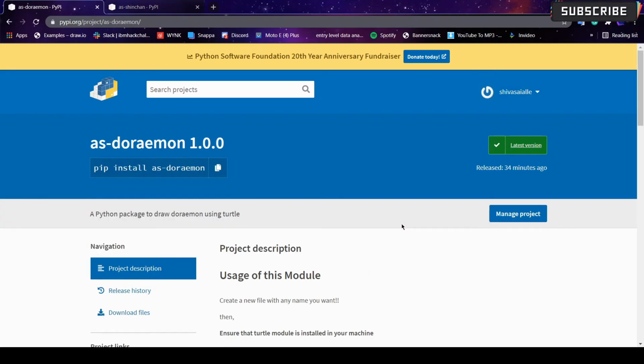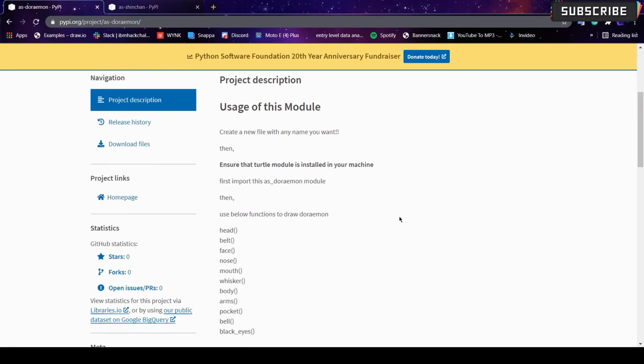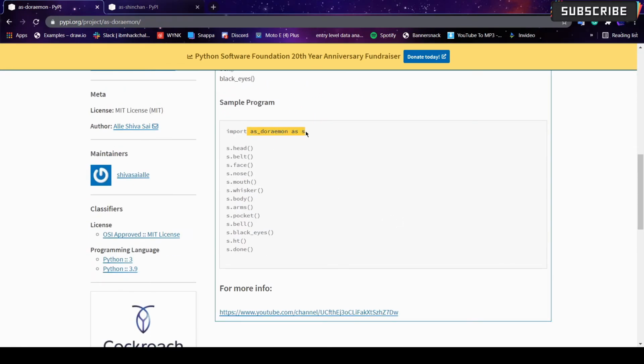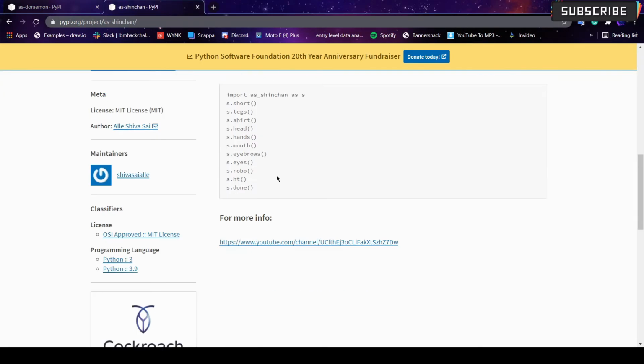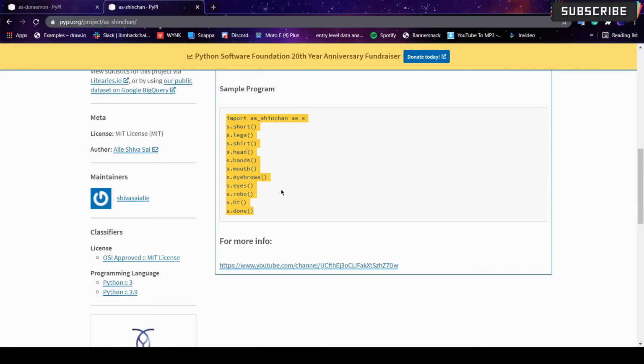Actually, what I have done is I published the Doraemon and Shinchan modules to PyPI so that you can install them by using pip install as-Doraemon or as-Shinchan, and you can directly access the functions by importing as_Doraemon, and then you can access the functions for Doraemon. It works the same for the Shinchan module also.